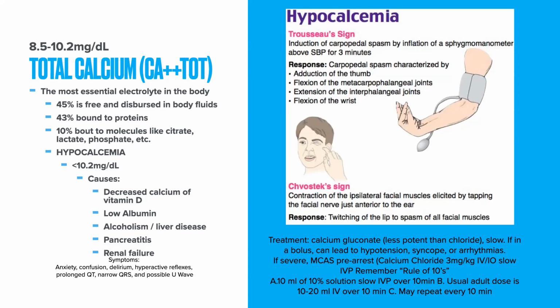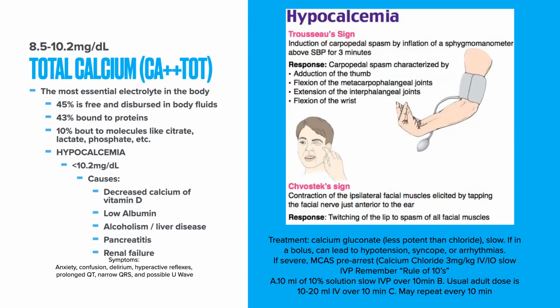Symptoms include anxiety, confusion, delirium, hyperactive reflexes, prolonged QT intervals for those ALS providers, narrow QRS complexes, and possible U waves in your 12 lead EKGs. So again, anxiety, confusion, delirium, hyperactive reflexes. Those are pretty encompassing without putting them on a 4 lead or 12 lead, or having a paramedic or a physician diagnose what the rhythm is. Hypocalcemia, you can actually recognize through Trousseau's sign and